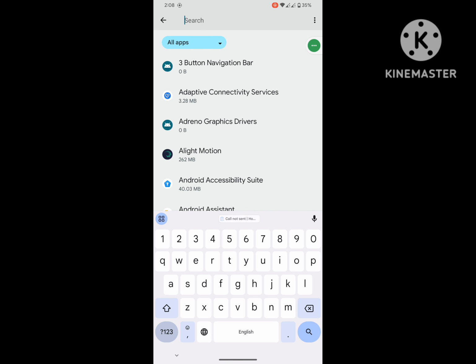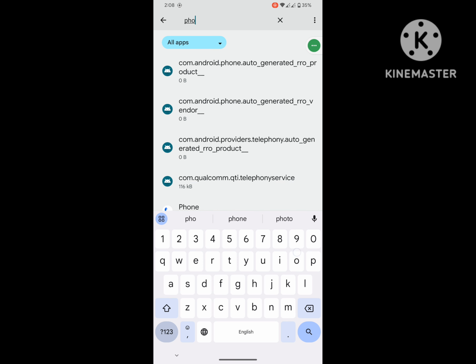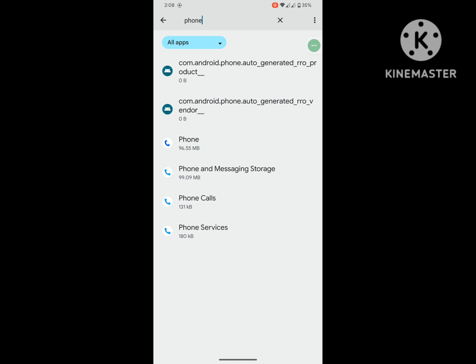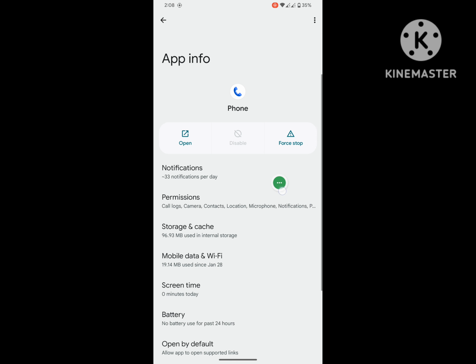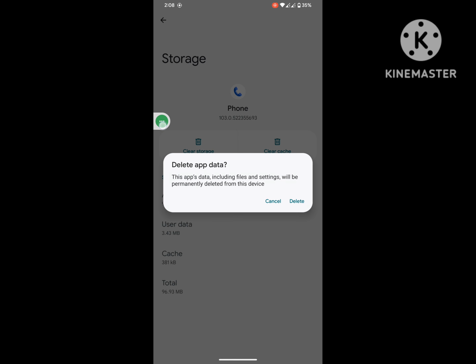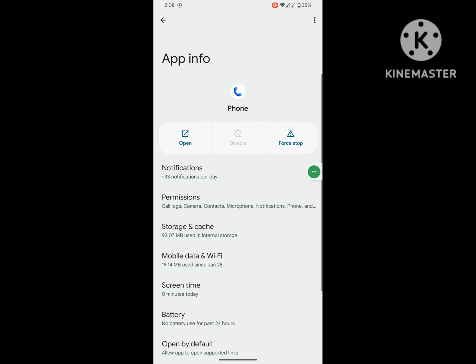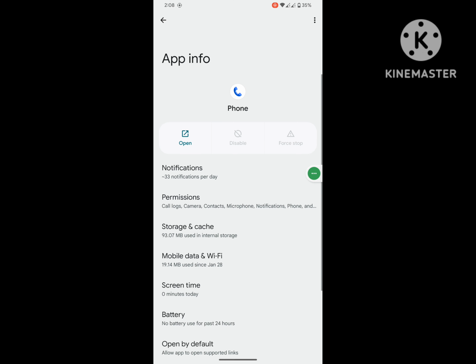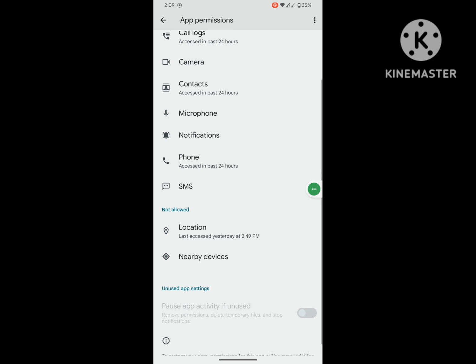Now search for phone app, click on phone app, click on storage and cache, clear storage, delete, and tap on force stop, tap on permission, allow all permission,